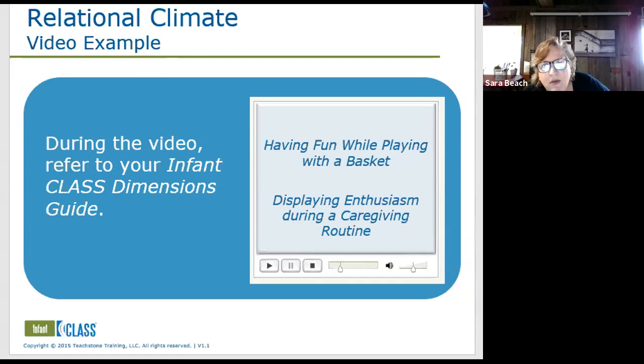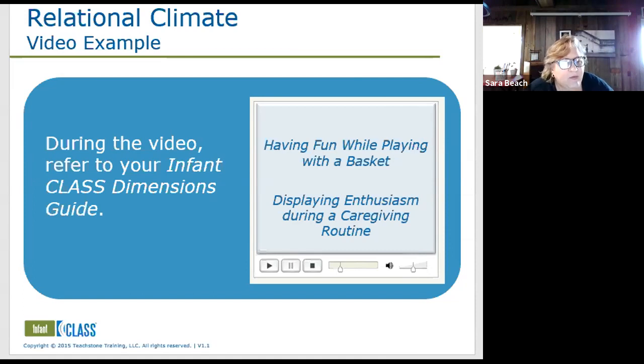And so you look over a 15-minute observation window, and across the 15 minutes, you have to judge how frequent it was. When I saw her smile and laugh, was that all the time? Was that with everybody, or was that just some of the time? And if it was only with some of the babies, and other babies did not get that connection, then we have a mid-level score. So what we're looking for in all these dimensions is frequent examples of these behaviors happening consistently.